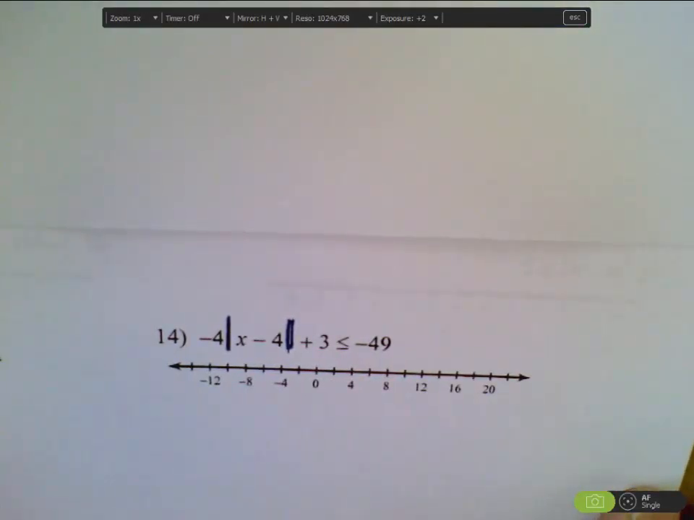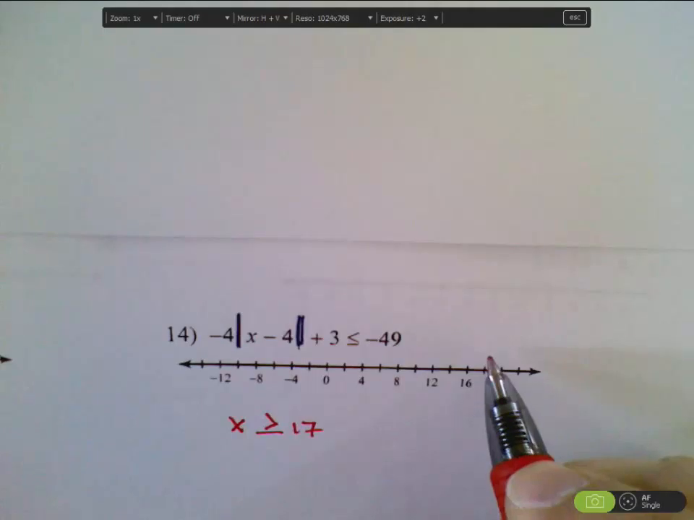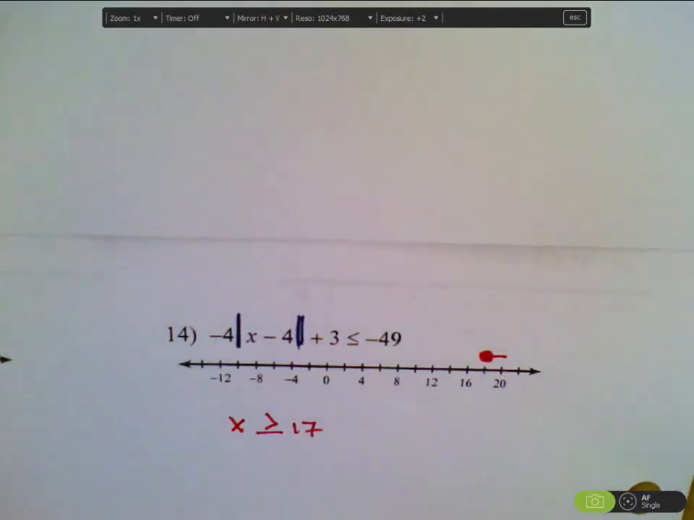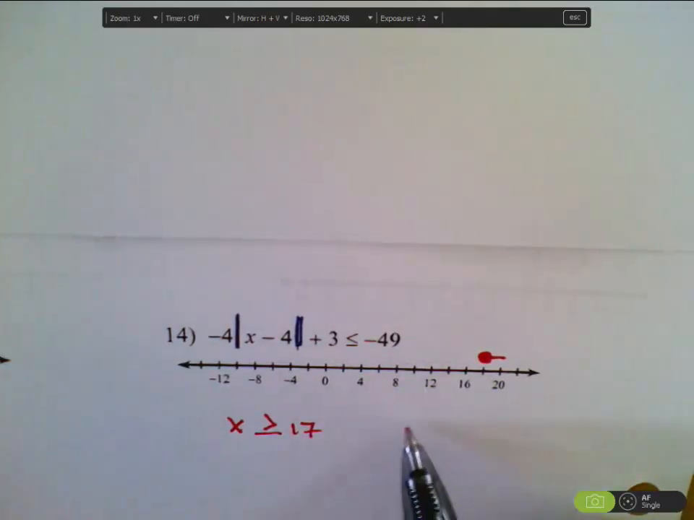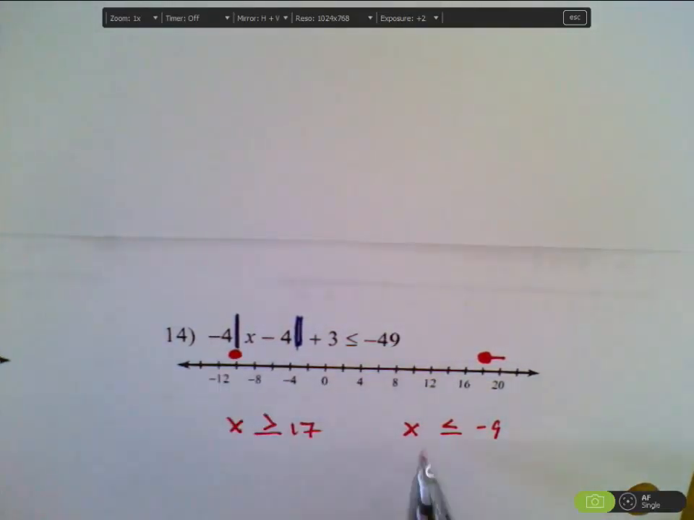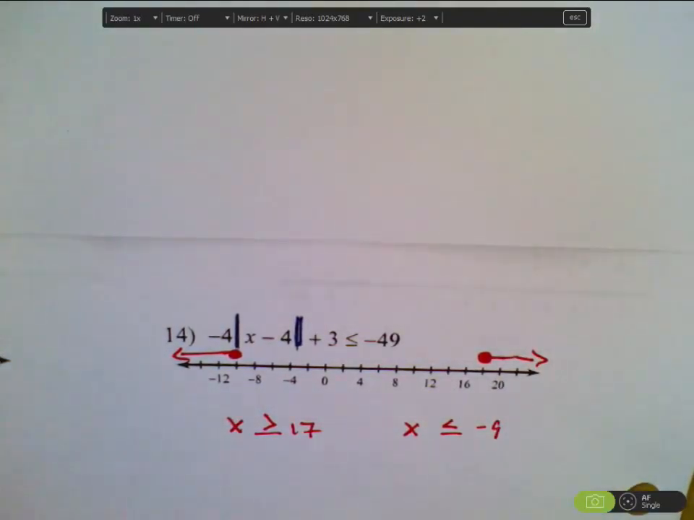Let me come back here to my graph. And the first one I have is all of the numbers greater than or equal to 17. So that's going to be a closed dot at 17 and it's going to be shaded to the right. On the other side we have all the numbers less than or equal to -9. So at -9 it's a solid dot and I want the numbers that are smaller. Okay. This is an OR statement and we are